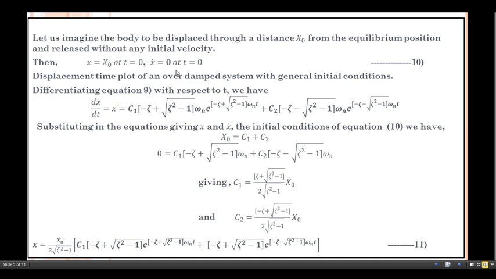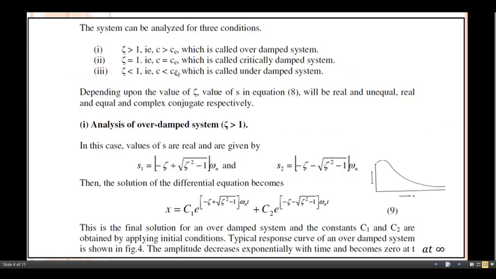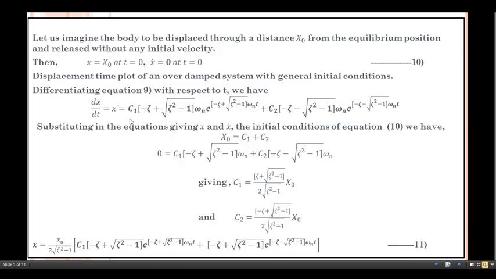So, the displacement time plot of an overdamped system with general initial condition. For that, just differentiate the previous equation, that is equation number 9, with respect to time t. If you look at this, this is a constant term, and this is also a constant term. So to differentiate equation number 9 with respect to time t, dx by dt, x single dot, equals